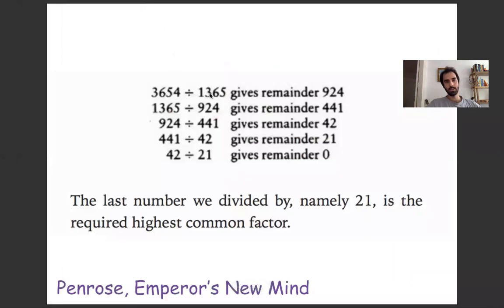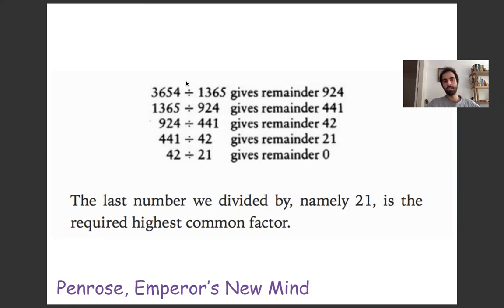So you divide these numbers, you get this remainder. Now you take the remainder and the smallest of the first numbers and you divide it again. You take the remainder and the smallest of the previous number and divide it again and again and again until you get remainder 0. Okay. And the last number is B, the last value B assumed, which is 21, is the highest common factor between